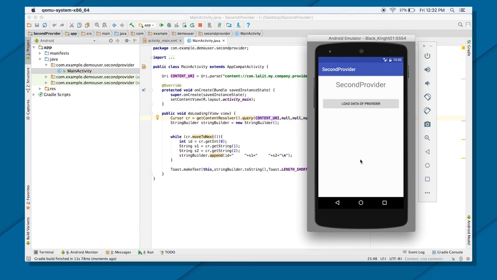So this is how you can create a content provider which can share the data between two applications, and you can even add the data. You just need to have the access of those URIs, and you need to know the URIs. If you want to put permissions also, you can go ahead and put the permission in your first application, and then in your second application you need to use those same permissions here. So it was a very simple example of content provider.